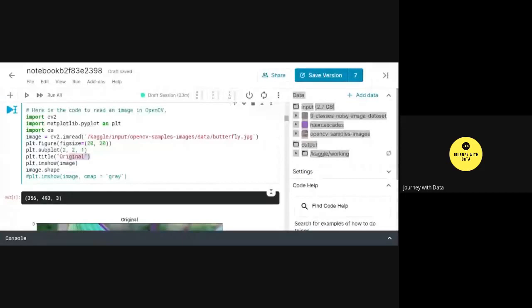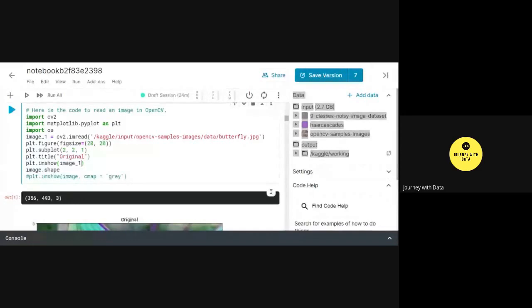And now to display, I'm utilizing plt.imshow. To display an image using matplotlib, all we need to do is utilize the alias, which is plt or any alias that you wish to use. So plt.imshow. To display, you'll have to use the imshow method. So this is important. And then image. The reason I've used image here is because I've stored the output in an image variable. If it would have been anything else, let's say image_1, I would have used image_1 here. So that's nothing but a variable.